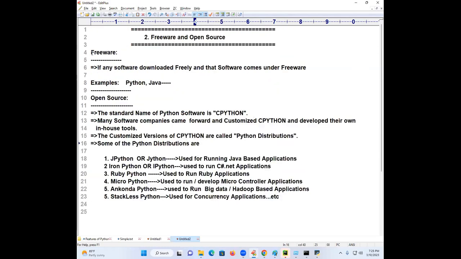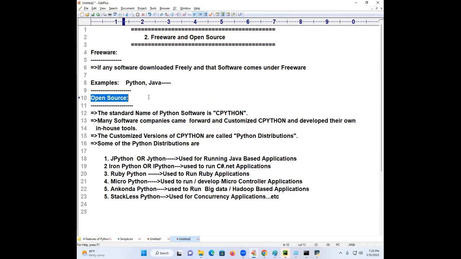Did you understand the difference between freeware and open source? Freeware is nothing but downloading freely. If any software permits you to download freely, we call it freeware. Python and Java come under freeware.